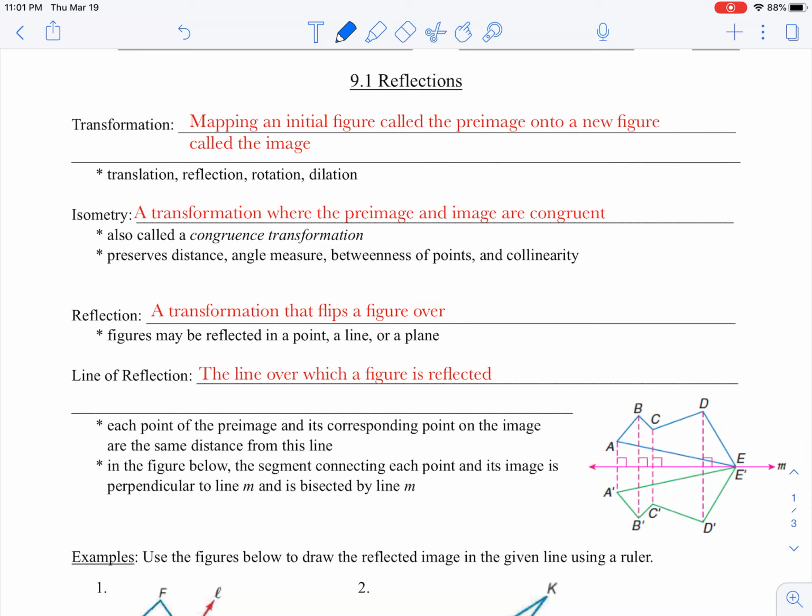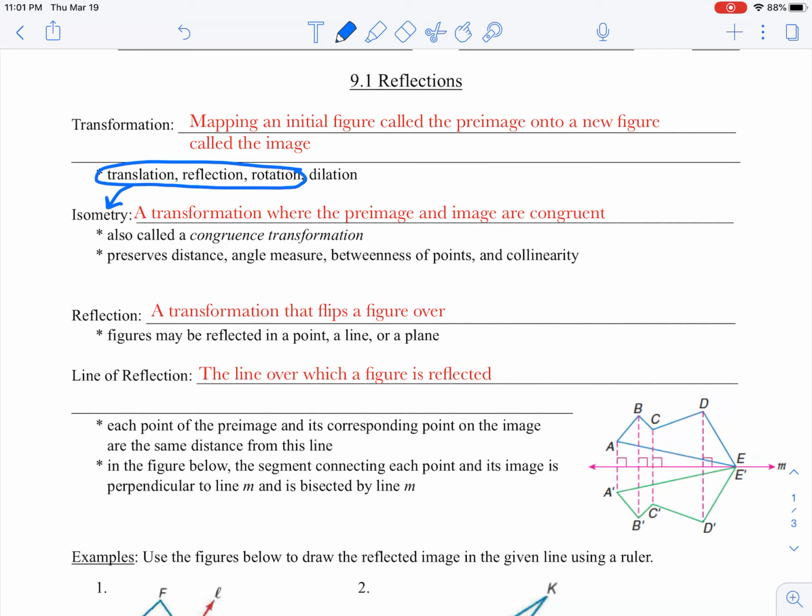An isometry is also referred to as a congruence transformation because it preserves congruence. Of the 4 transformations, 3 of them are isometries, 1 is not. Reflection, rotation, and translations are all isometries, but typically a dilation, where you enlarge or shrink an image, is not